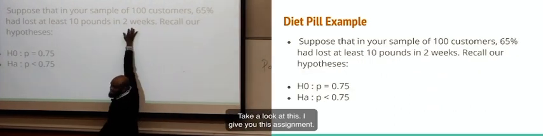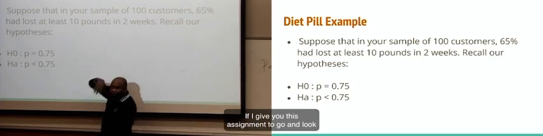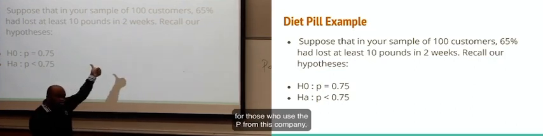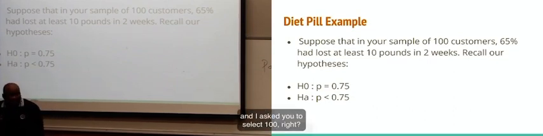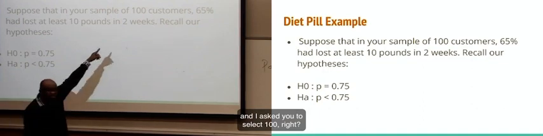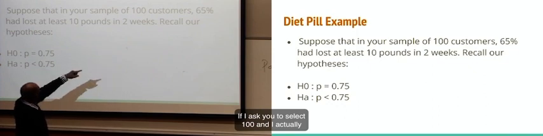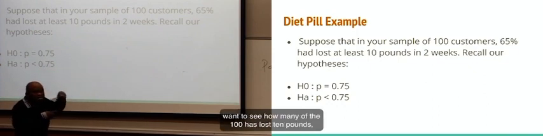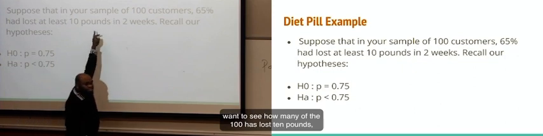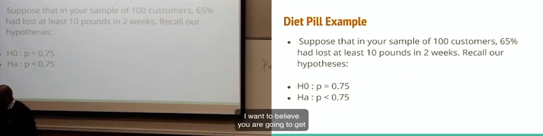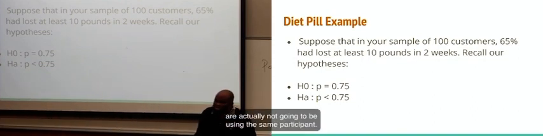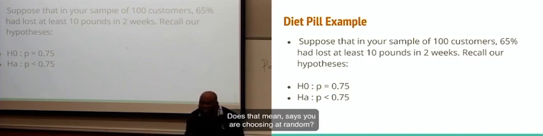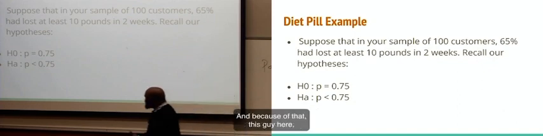I give you this assignment: go and look for those who use the product from this company, and I ask you to select 100. I actually want to see how many of the 100 have lost 10 pounds. I want to believe you're all going to get different results, because you're not going to be using the same participants. Does that make sense? You are choosing at random. And because of that, this guy here,